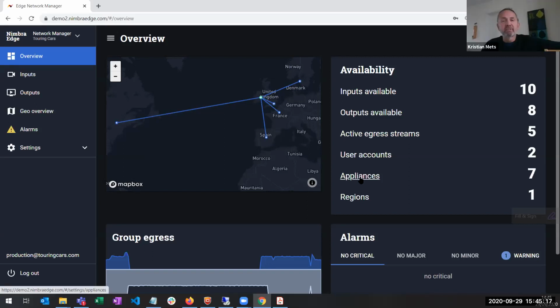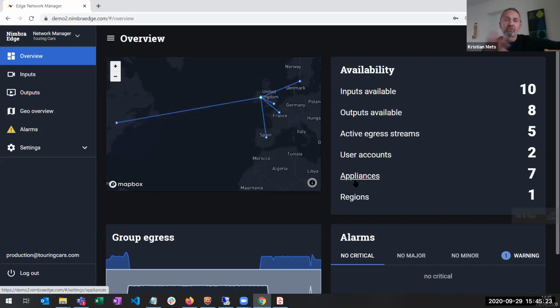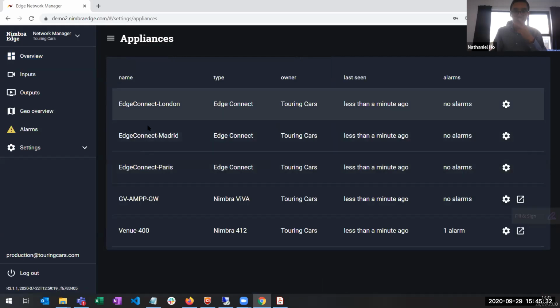In AWS, is it? Yeah. No, this is Azure. No, but AMP is in AWS, so you can also see that we're working together. Exactly, in different clouds. So if I click on appliances here, you can see the different appliances that I own